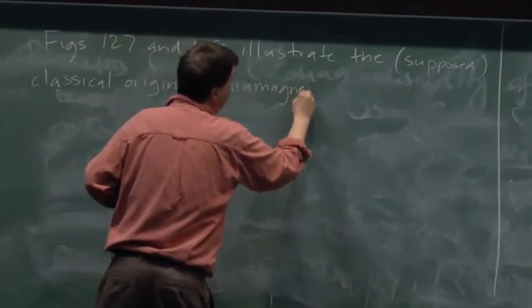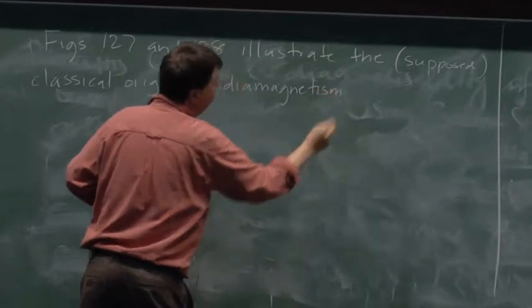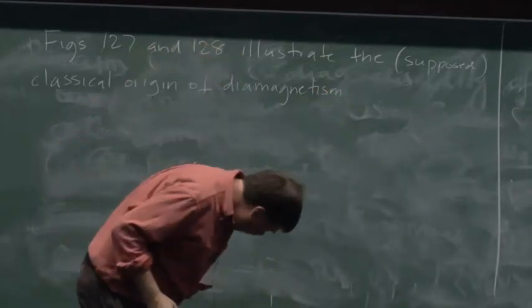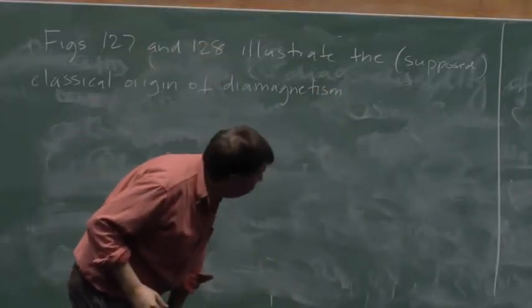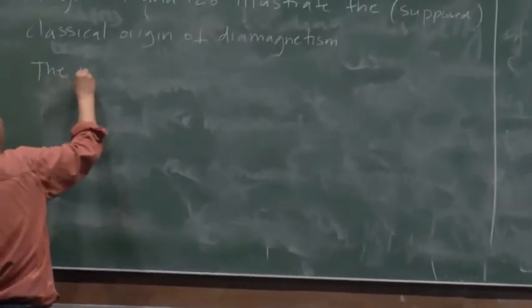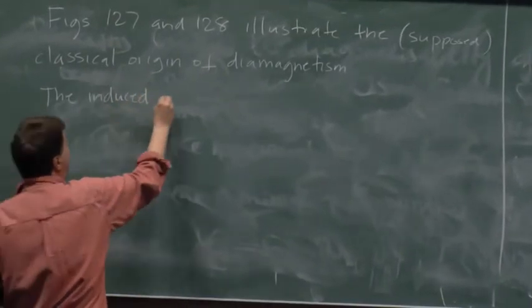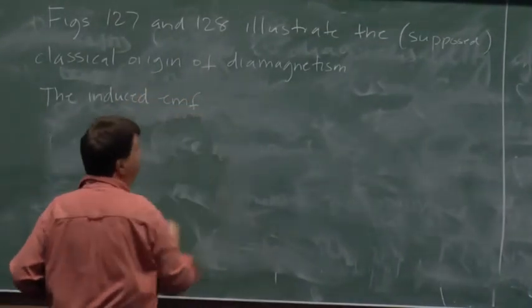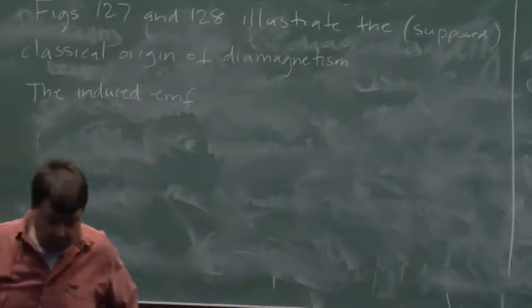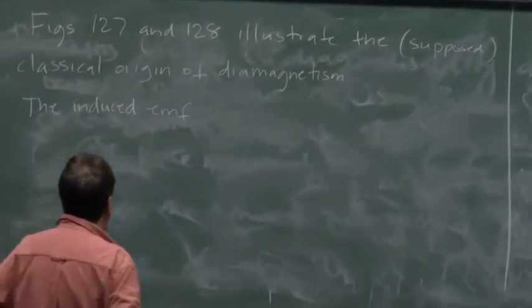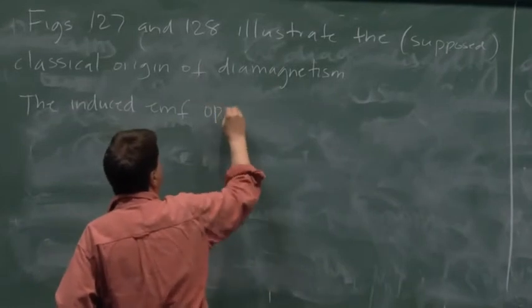This is how we try and understand diamagnetism in a classical context, and that is the induced EMF. That's what precisely figure 129 is there to illustrate, if you like, opposes